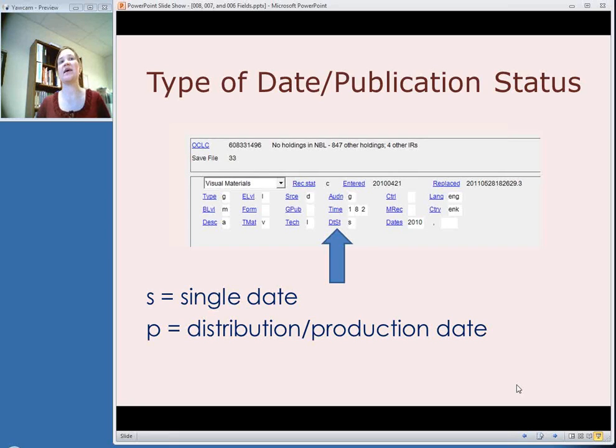And one of those is the type of date or publication status field. If you have OCLC Connexion, you can see it's the one that's abbreviated DtSt. And most of the time you will see S in here for a single date, when an item was simply released on one single date. What you might see occasionally with video recordings is P for distribution production date, and that would indicate that you're